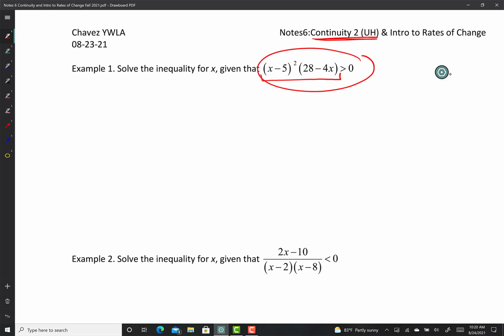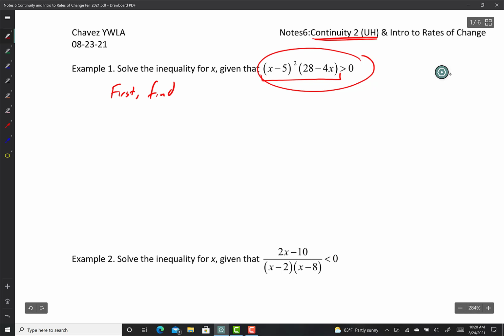So how do you do this? Well, first, I'm going to find numbers where that expression is 0. And eventually, right now, they're not called anything, but eventually we're going to call that critical numbers when we take a derivative because something's happening there. But right now, we're not going to call it critical numbers. We're just going to find where this function is 0. So I'm going to put first,